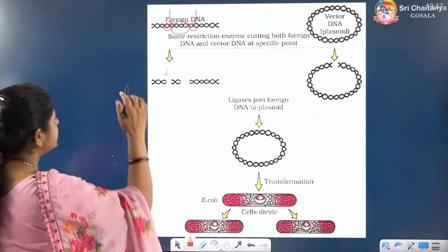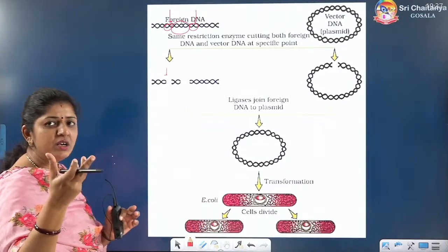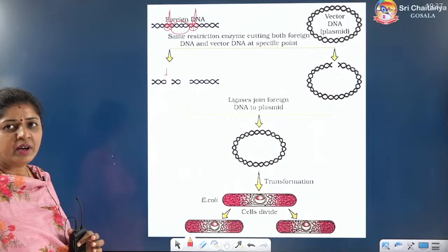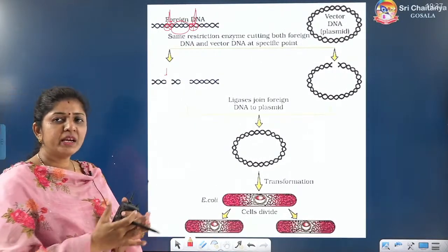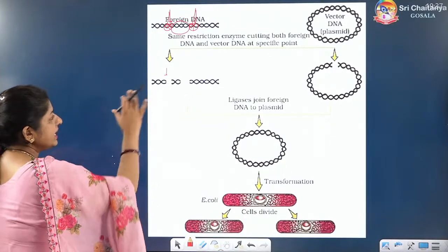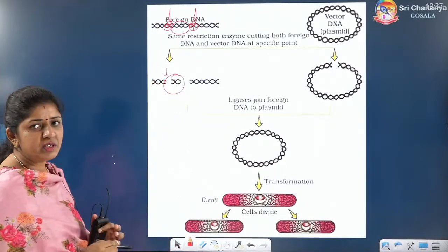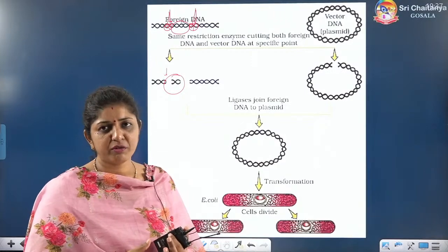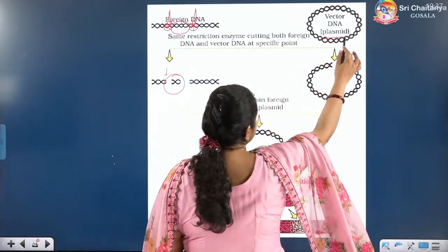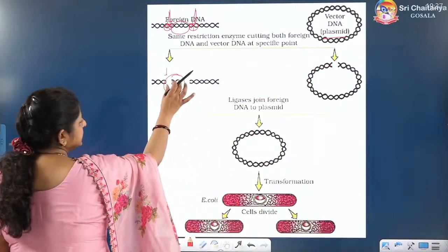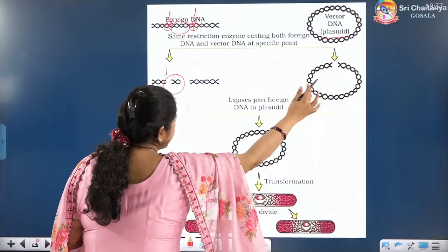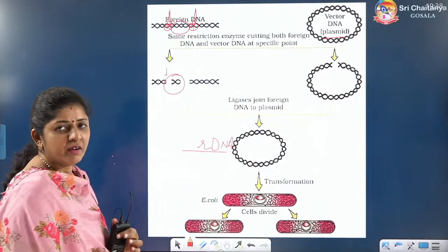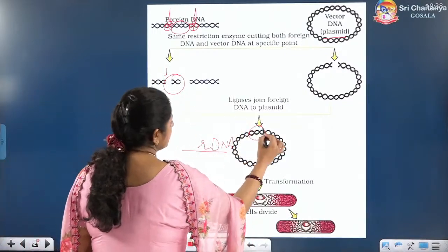Fine. So here the sequence we found is GAATTC, so we are using EcoR1. It will be cutting from here, and it is cutting from this point too, right? Now what it is cutting, which bond breaks, I will explain in the next slide. Just now the cutting happened and you will get this gene of interest. Not so easily, we have to perform many more steps, but assume we got this gene of interest. And parallelly you are cutting what thing? The plasmid with the same enzyme, and then this must be pasted in the vector DNA, and you will get this recombinant DNA, which is carrying the gene of interest,